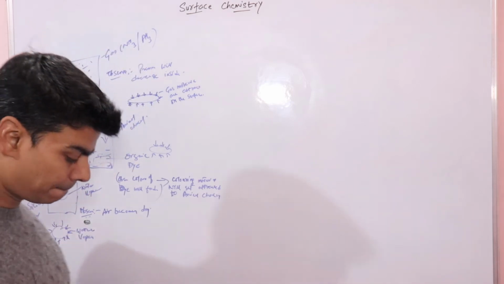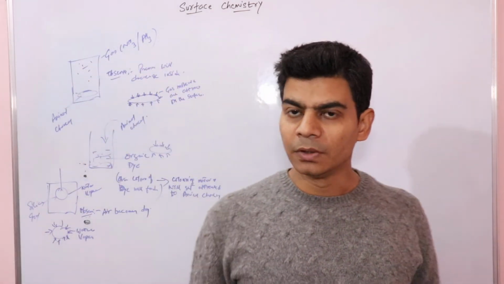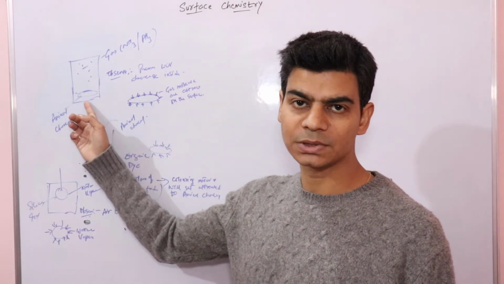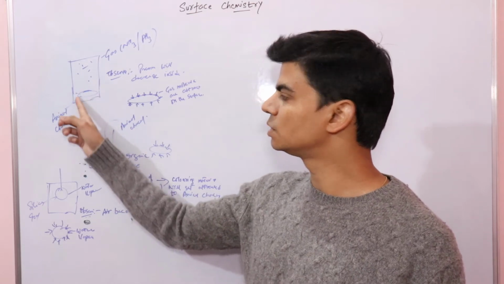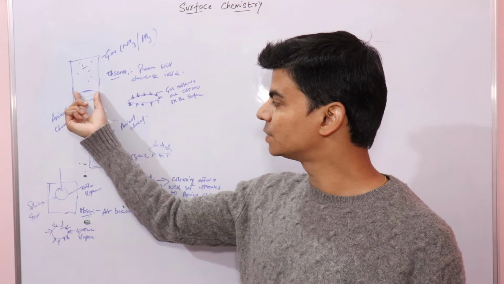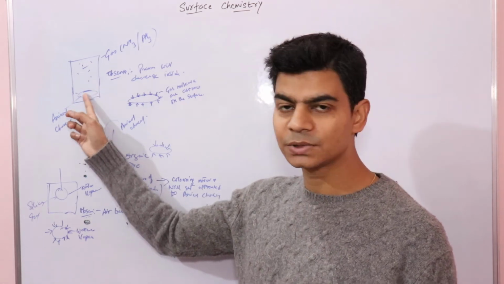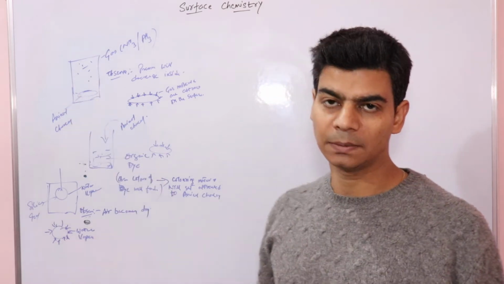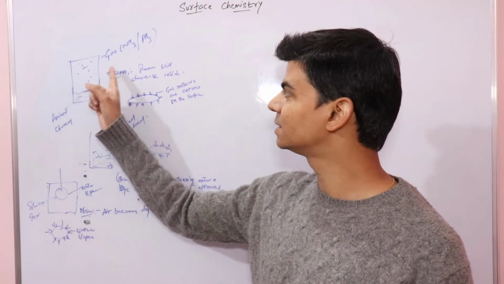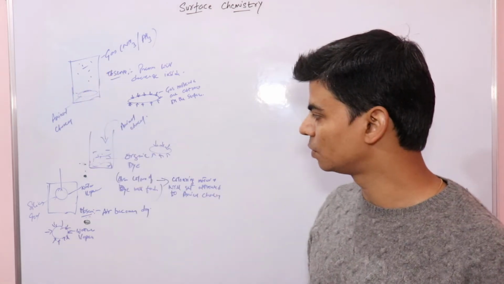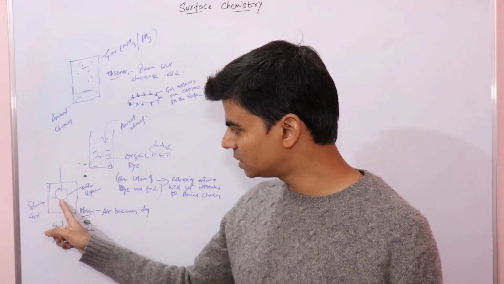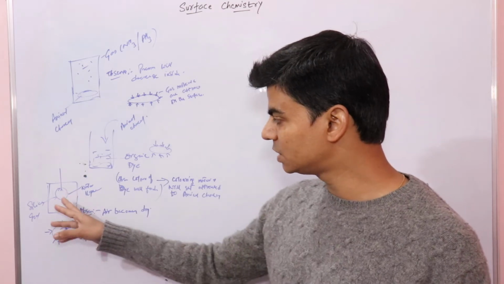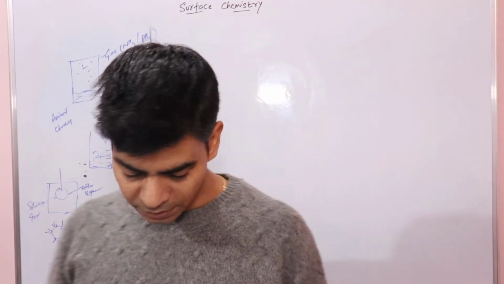This process is known as adsorption. So adsorption is the process wherein one substance gets attracted onto another substance, thereby increasing its concentration on the surface. And the substance that gets attracted onto the other substance will remain on the surface. The substance here is animal charcoal, so this gas will remain on the surface of animal charcoal. Similarly here, with the silica gel, this water vapor will remain on the surface of the silica gel. So this process is known as adsorption.